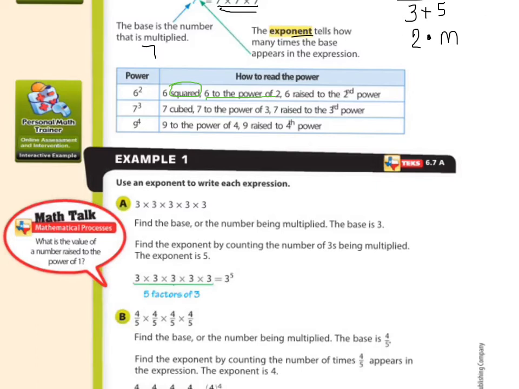Or here, this is complicated. I would never say it: 6 raised to the second power. I would leave off the raised and just say 6 to the second power. But anyway, when you have the little 2 here, you are going to be hearing the word squared a lot. Okay, and the reason is when you think about a square and you're going to find the area of it,